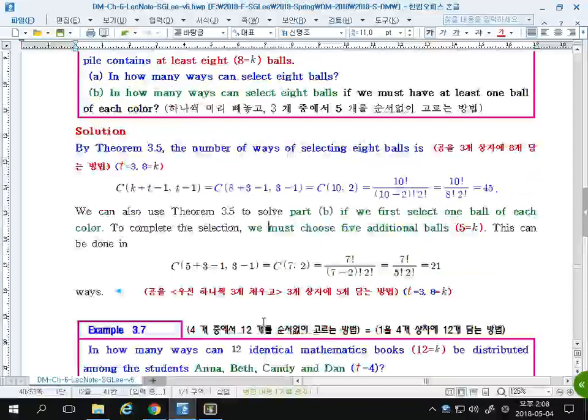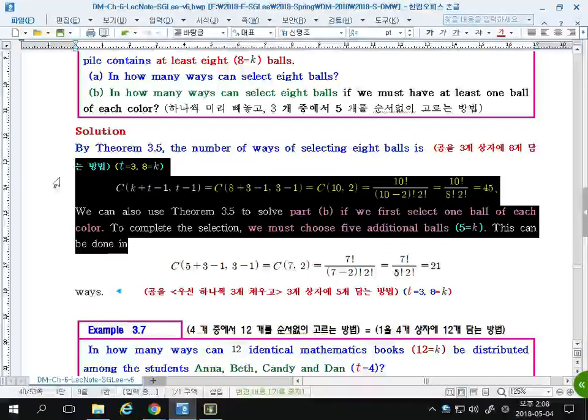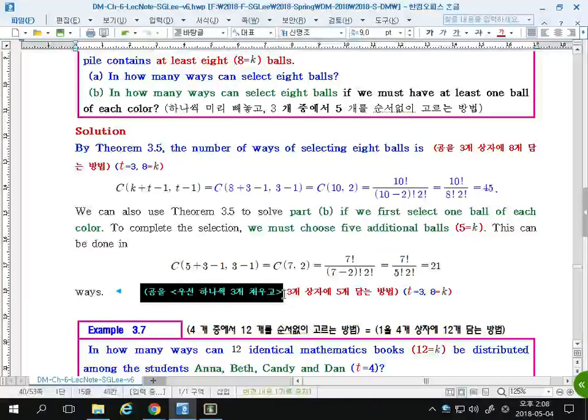So k is 5 and t is 3. So k plus t minus 1, choose t minus 1, which is 7 choose 2, which gives us 21. Okay, that's the same as choosing 1 from each bucket first, and then